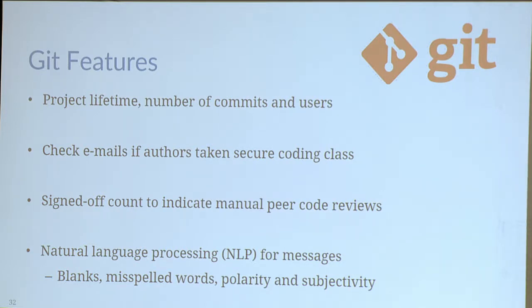Git features. This is my favorite. So Git, we need it, of course, but we look at things like project lifetime, number of commits, the last time the project had activity. One thing we do too is we check the emails of the Git committers, and we determine whether or not that committer had taken the class, right? Now we have this class. So imagine a metric where you have 10 developers and all 10 took the class, that's 100%. Or one that has nobody taking the class and it's a really bad app. That could be a good indicator.